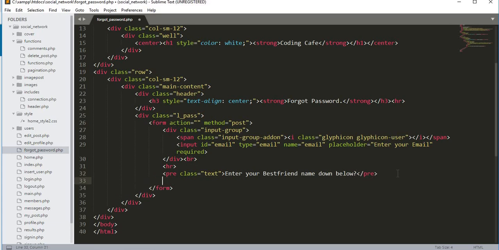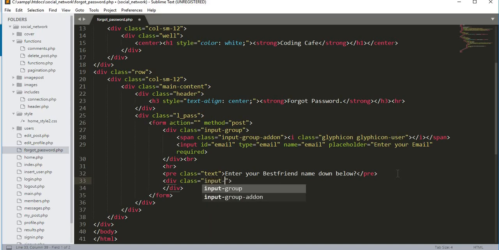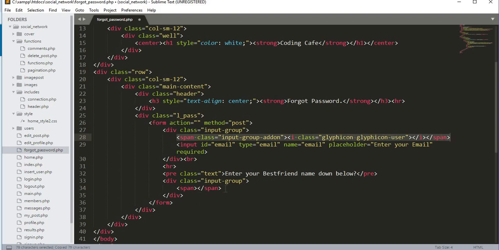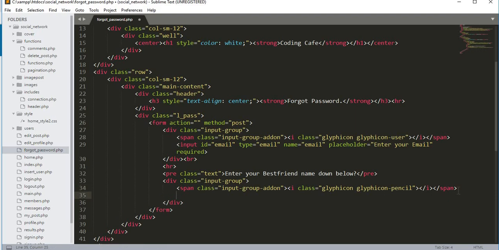And after this pre tag we will open up a div, and the div class will be input-group, and then we will open up a span tag, or we can just copy this span tag from there and just paste it over here, and we will change this to pencil, and then we will open up an input,